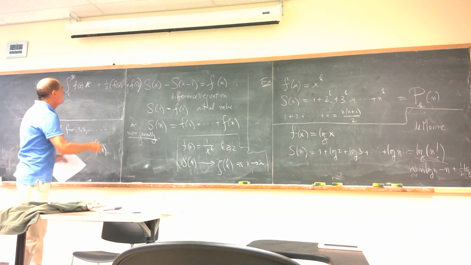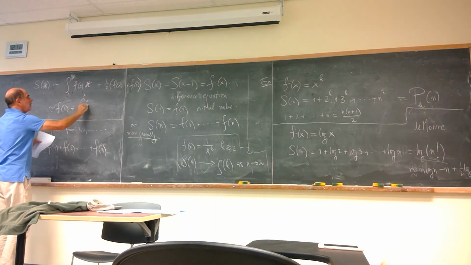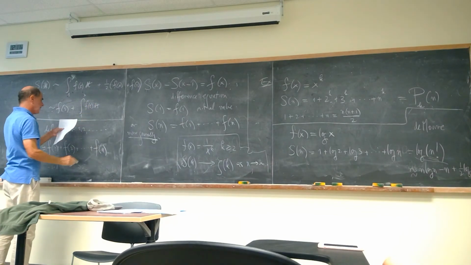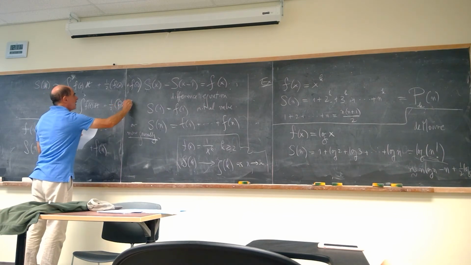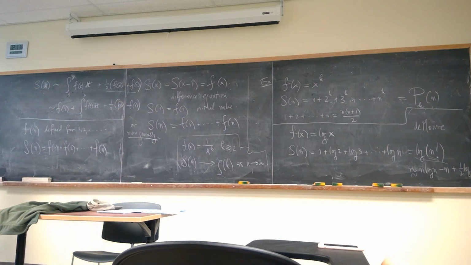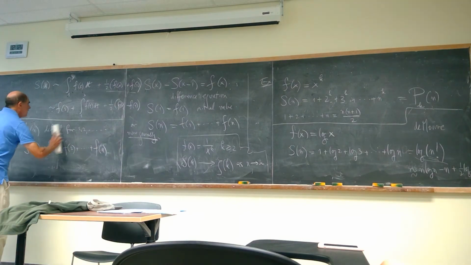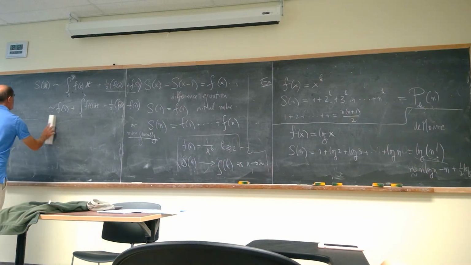If you think about this, let me rewrite this again. This is like f of 1 plus the integral from 1 to x of f of t dt plus 1/2 of f of x minus f of 1. That's a little more attractive to me. I mean, this is what you add to the integral formula if you use the trapezoid method instead of just the rectangular box method. All right? So that's where de Moivre's formula comes from, because that's all de Moivre did. He replaced this sum by an integral. He said, well, therefore,